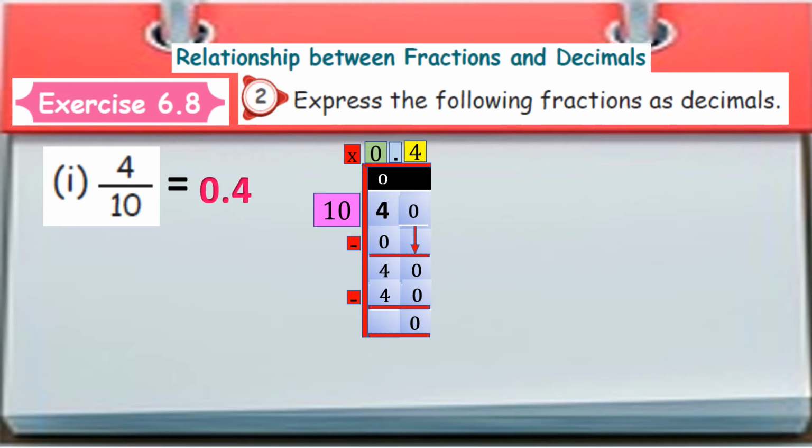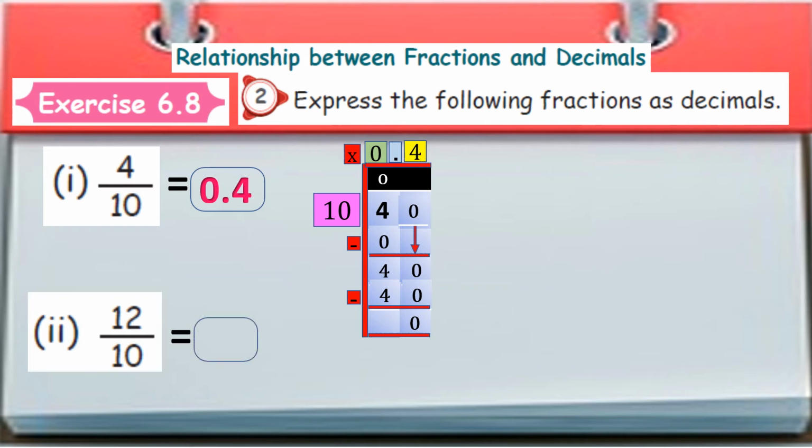So each and every time we couldn't divide and write the answer. But here is the hint, that is 4 divided by 10. In 10 we have only 1 zero. So it's very easy to move one step before, that is 0.4. So while doing all those sums it will be easy. See here, second one, 12 by 10. That means here also 10 only, so only 1 zero. So one number before we have to keep the dot, that is equal to 1.2.